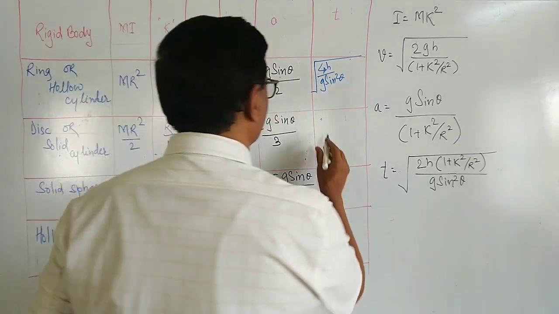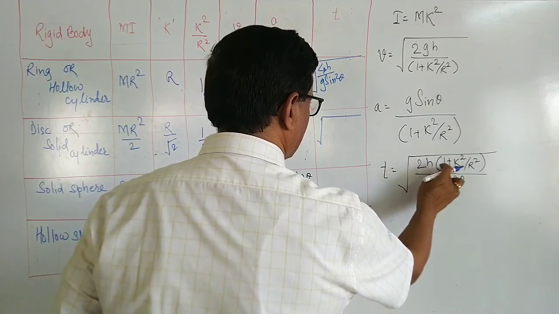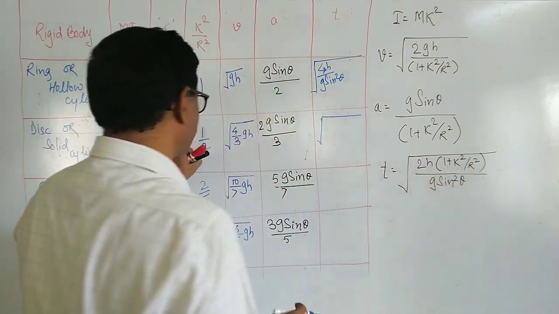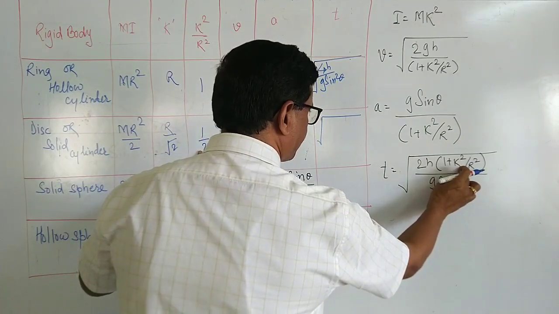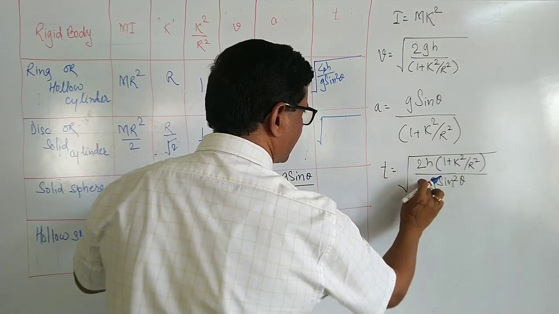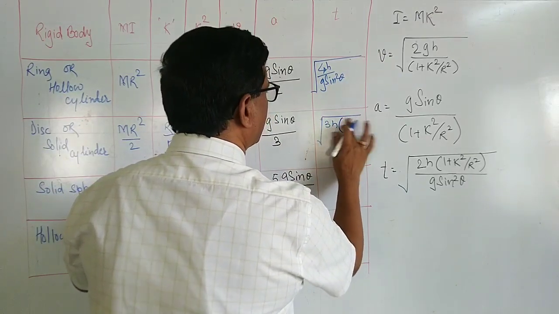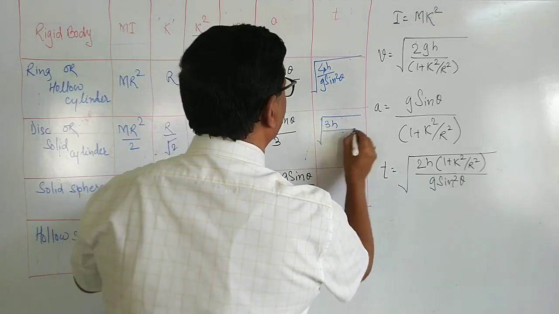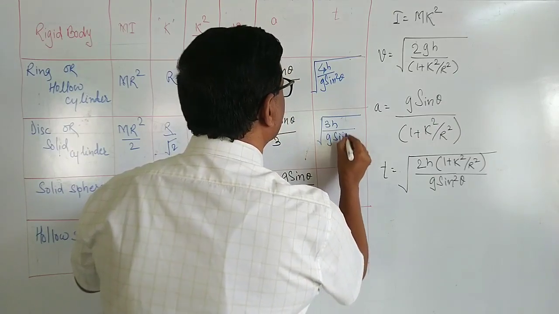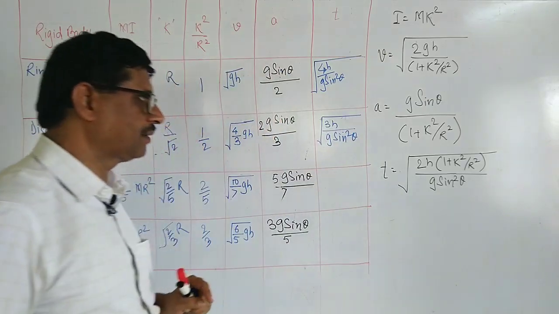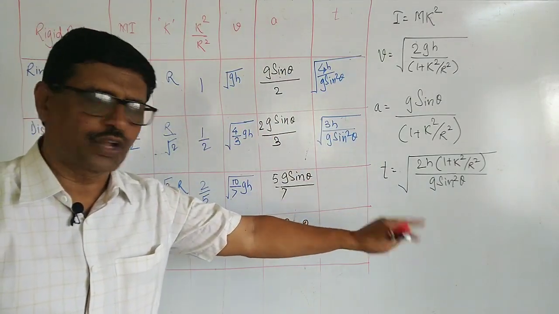Then we go for the next. It is 2h into 1 plus k square by r square, which is 1 plus 1 by 2, that is 3 by 2. 3 into 2 is 6, 6 by 2 means it is 3h divided by g sine square theta. This is the time required for the disc or solid cylinder to roll on the inclined